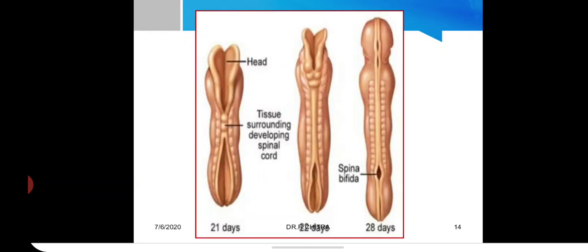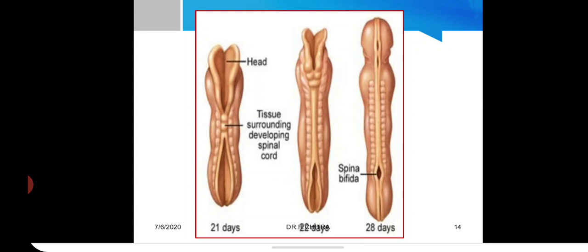This is again the same neural tube formation. It is clearly shown on the first left side. Fusion is starting in the cervical region and moving cephalic and caudal, leaving two pores, the anterior neuropore and the posterior neuropore, in the beginning. Then they fuse. The anterior neuropore closes at the middle of the fourth week and the posterior neuropore closes at the end of the fourth week.